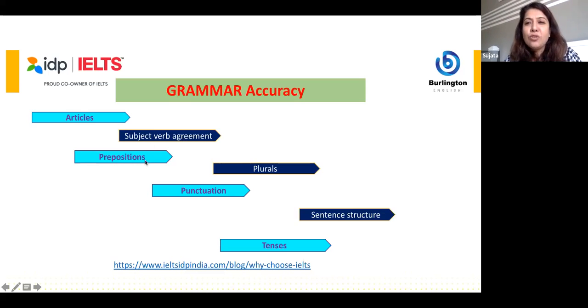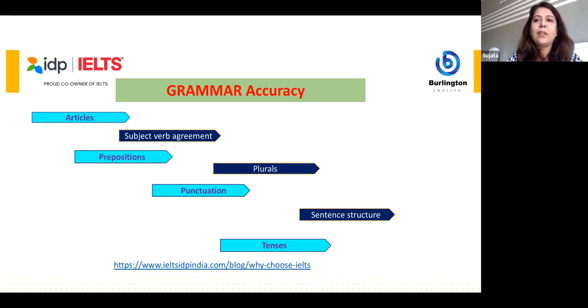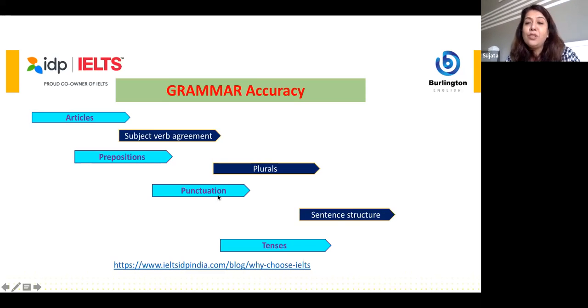Now, prepositions look so tiny, but when they sit in front of our verb, look up, look down, if I use the wrong preposition, my entire communication of a sentence can get jeopardized. And I don't want to miscommunicate. I don't want to break the communication, break the bands. So prepositions are tiny, but you really need to grip them. Now, punctuations can be full stop, which are eaten or forgotten, or they're not visible.